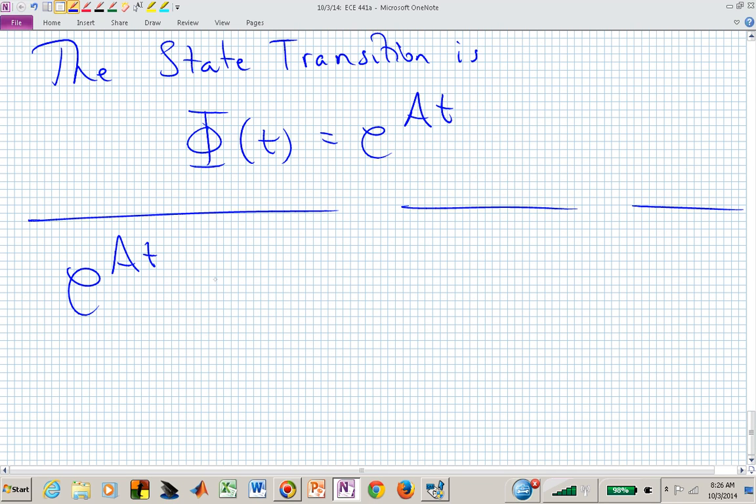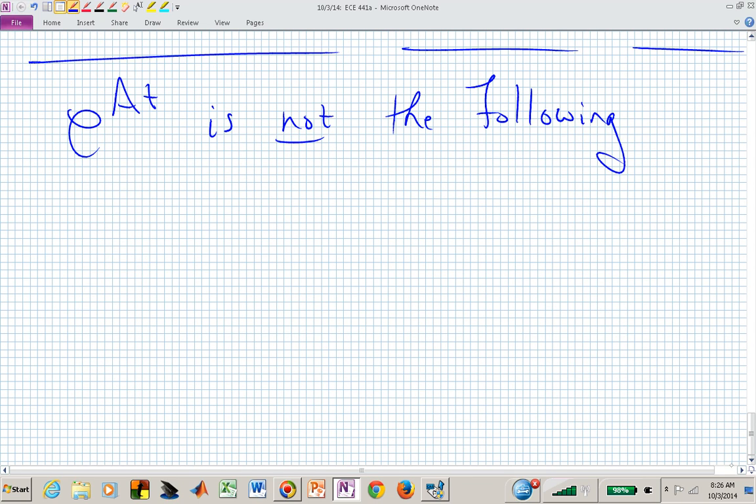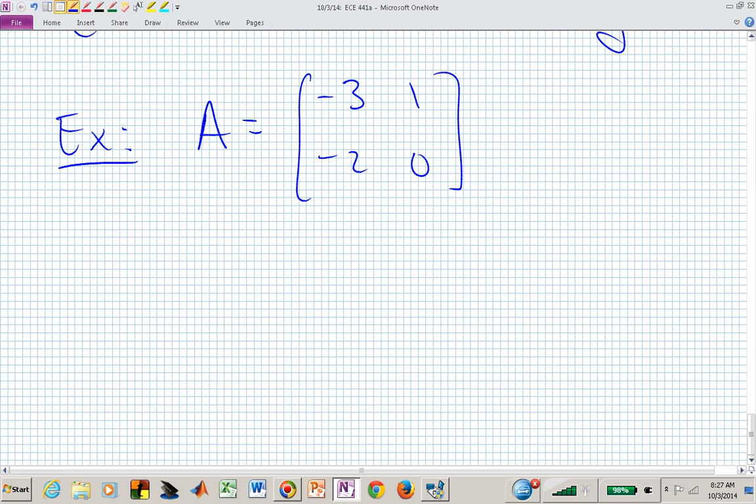E to the AT is not the following. So make sure you write that sentence down before you write the rest, and you go, well, that's what Tharp told us. It was just this expression. Let's say that you now have a matrix A that is minus 3, 1, minus 2, 0. I'm saving the bigger ones for your exam. Here's a 2 by 2. Okay? What e to the AT is not,